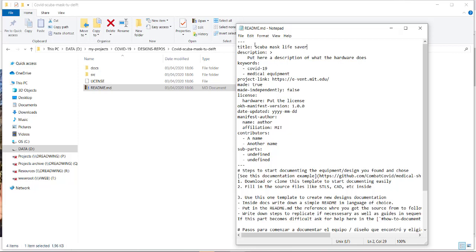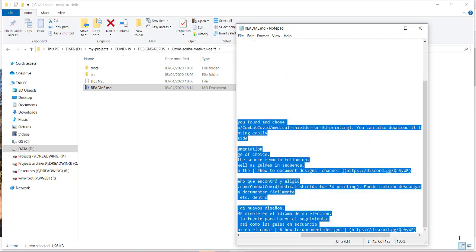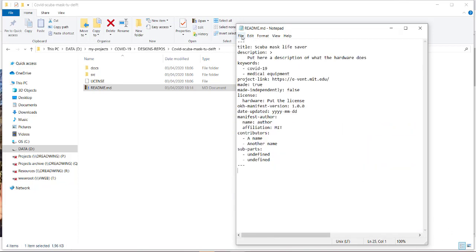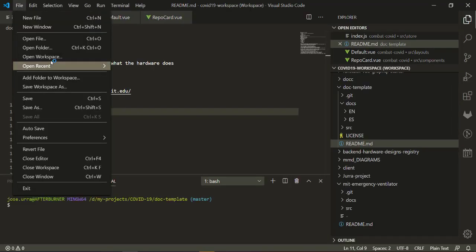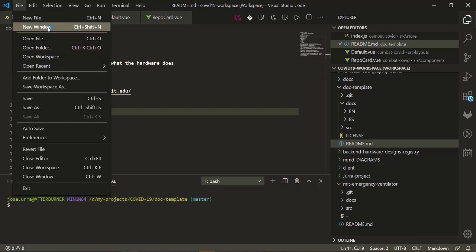And I'm going to save it, and perhaps I want to go to the website and replace the content. I'm going to remove this here because this is just a template, and I'm going to save this for now and open it in my editor because I prefer to work in an editor environment. I'm going to open it in Visual Studio Code because it's what I used to work with, and I'm going to open a new window,